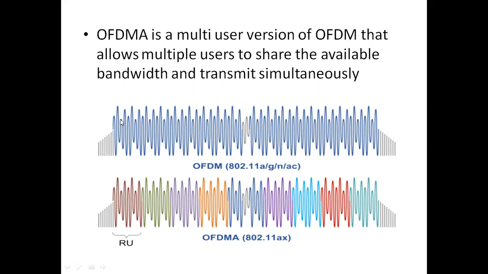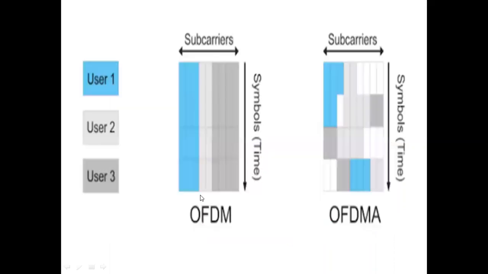So here a single client will be served. If you observe the figure, a single client will be served. That is the blue color. But in this case, multiple users can be served, or multiple users can send their information at a time. Whereas in this case, a single user can transmit his information at that time. Okay, that is the difference. And this is the representation of the signals difference between OFDM and OFDMA.